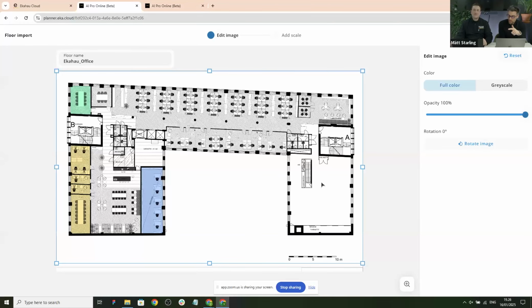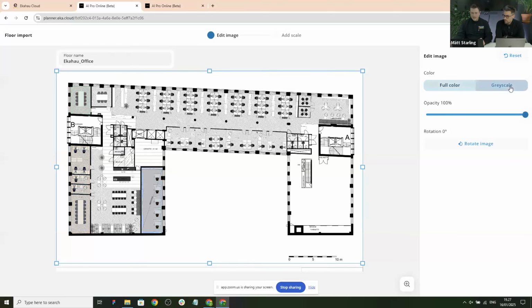I saw a lot of people there saying they don't get floor plans. If you haven't seen our Just Go survey mode, we'll cover it maybe in the next webinar. But it's awesome if you're ever in that situation where you haven't been provided a floor plan. At least you can still do a survey and get a floor plan out of it. But it seems to me that people get quite a lot of flat PDFs or just some JPEG and PNG files. Okay, interesting, cool. DWG files as well, yeah. Interesting. But in this case, we are using just a PNG file, and you can crop it, rotate it.